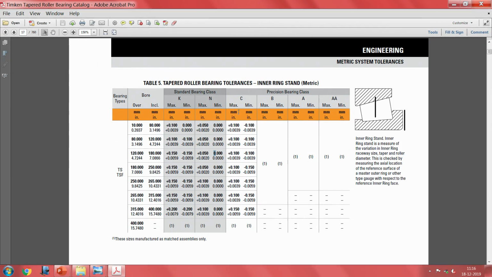There are standards meant for even roller bearings. Now, understanding and going through these engineering manuals, it is easy for you to carry out your design.